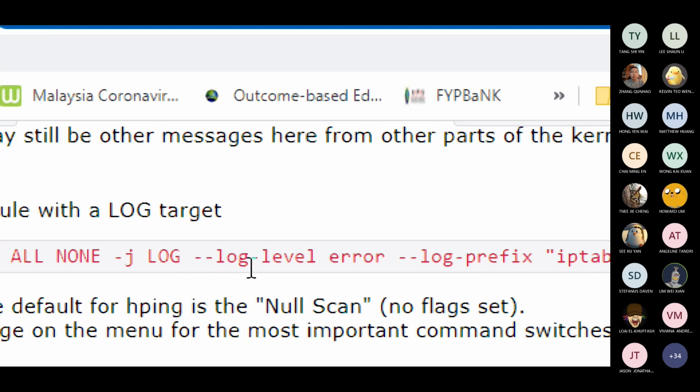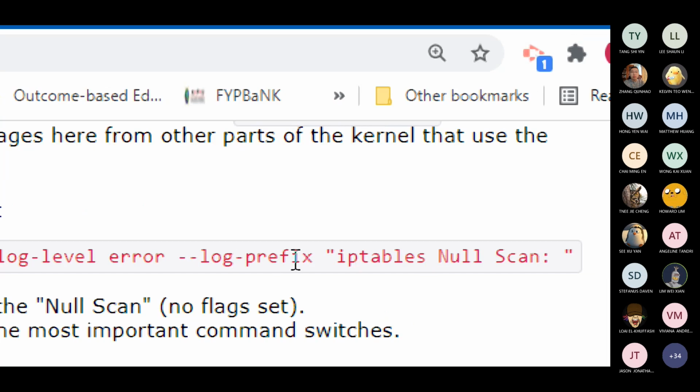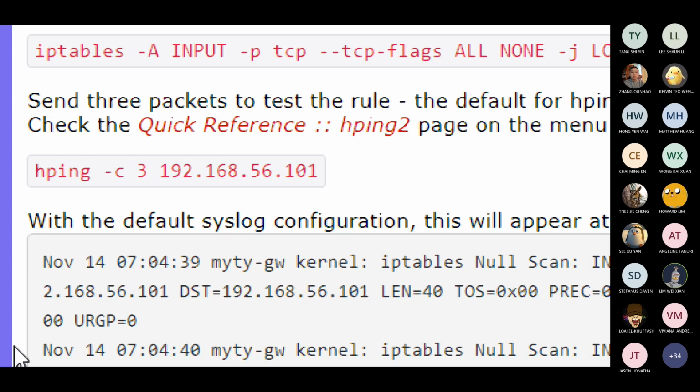And log level error means that it's going to go to /var/log/messages. That comes from our syslog configuration. And it's going to have this tag at the beginning of the log file entry,